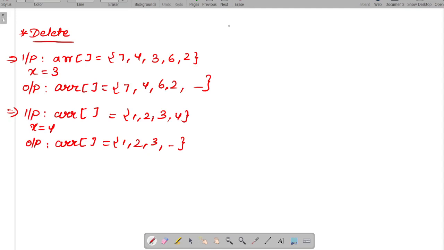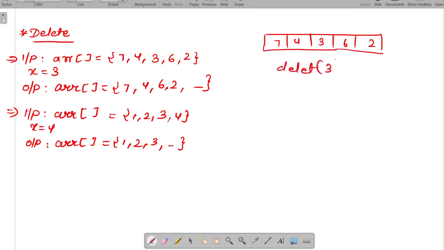Moving on with the next operation, which is the delete operation in arrays. First of all, let's see an example and try to see how we can simply delete an element from the array. Suppose we have an array that is 7 4 3 6 and 2. So this is our given array. Now what we have to do is delete 3